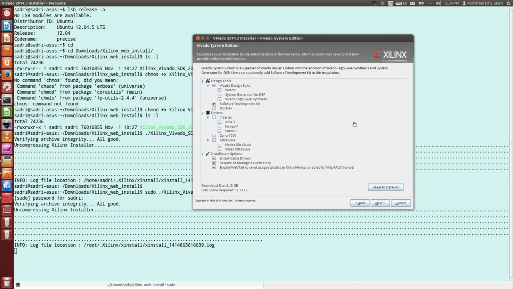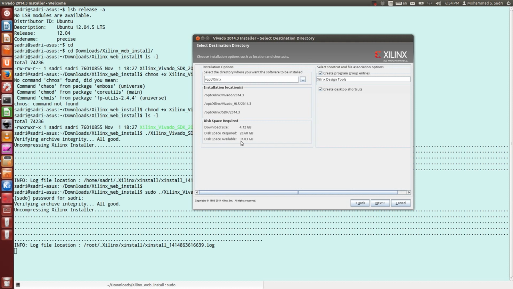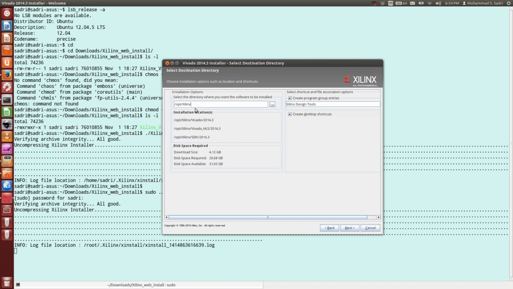Okay, so I freed some space on my hard drive, and then I keep in fact these options enabled, and in Series 7 maybe I keep Virtex 7 and Kintex 7 and then the Zynq device enabled, and I have again install cable drivers, they are all enabled. And I come back into this dialog box here, and the standard place on which you install the tool is /opt/Xilinx, and what will happen